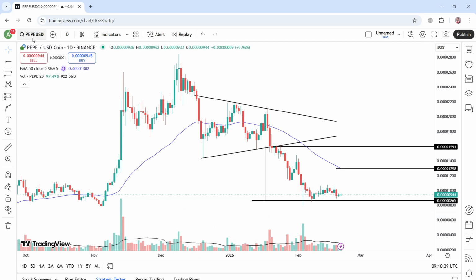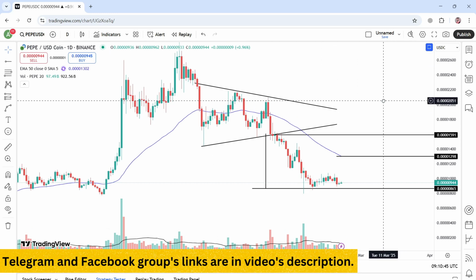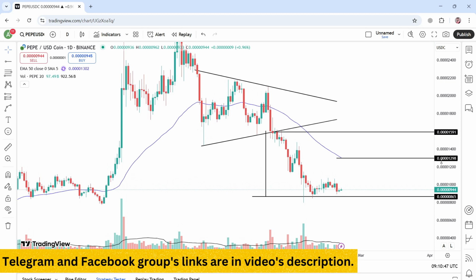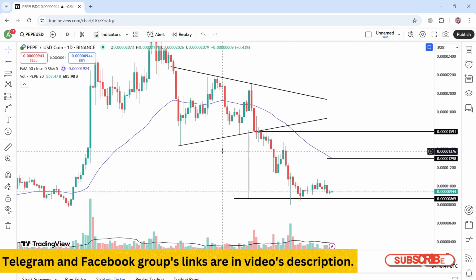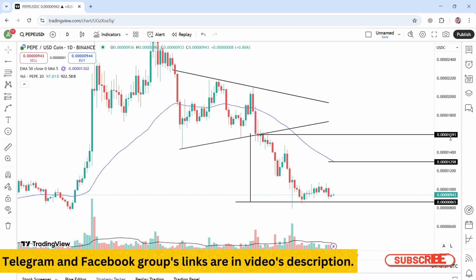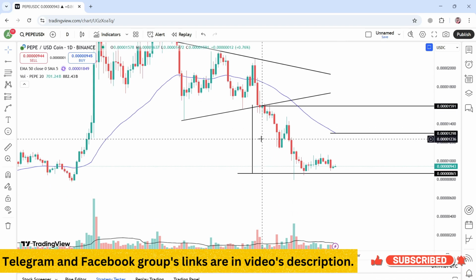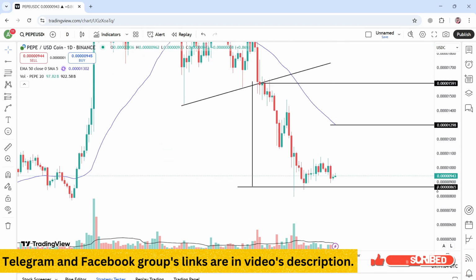I have opened the chart of PEPE against the USDC. The exchange is Binance. If we discuss this trend, it is currently in its downtrend, where it gave the breakdown of this symmetrical triangle formation at 0.00001591, and after this breakdown, it exposed the final target of